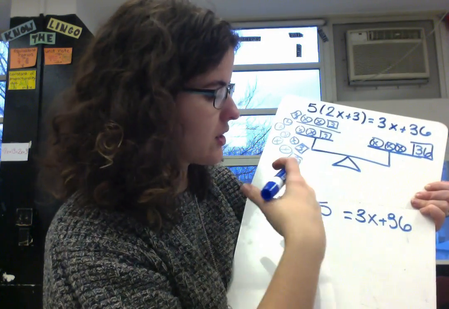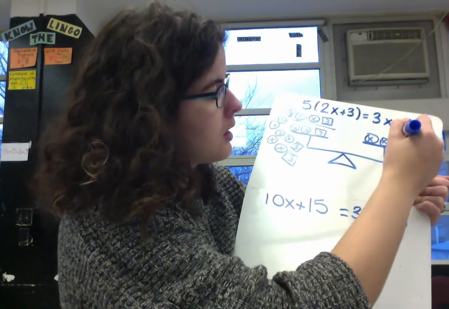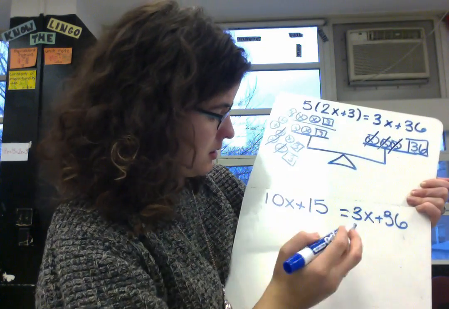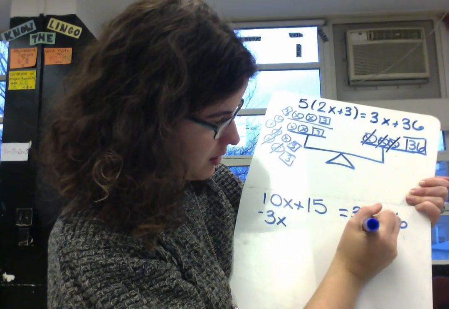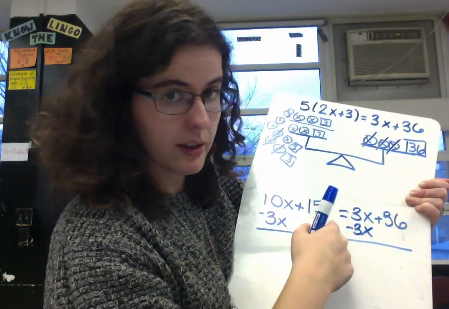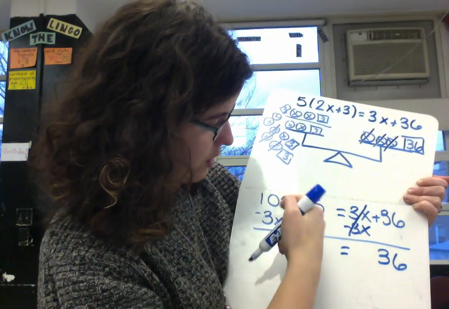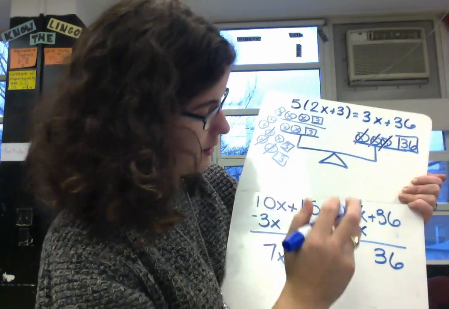You could get rid of your x's or your numbers, your constants first. Why don't we do x's? Let's take off 3 x's from both sides. And I can show that by doing minus 3x. Over here, that's going to cancel me out to 0, so I'll just have my 36. And then over here, 10x minus 3x is going to leave me with 7 x's on the balance, as well